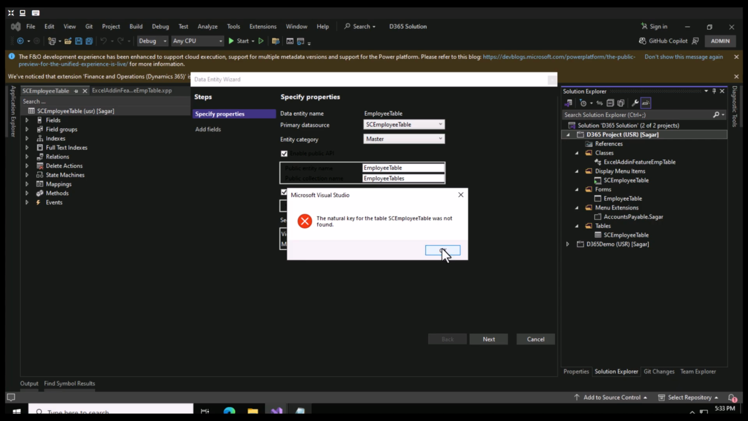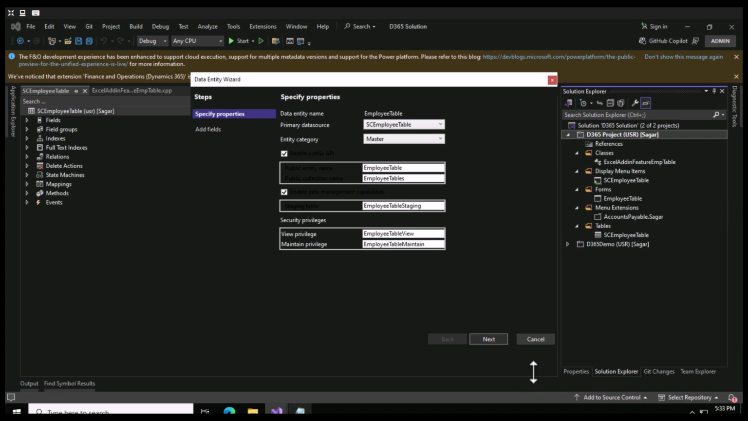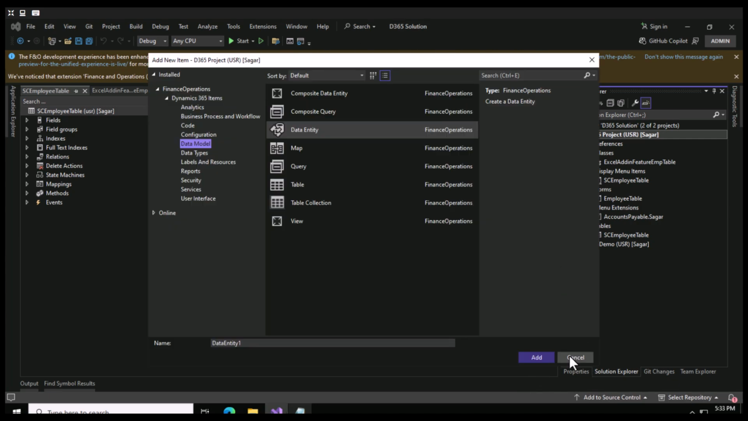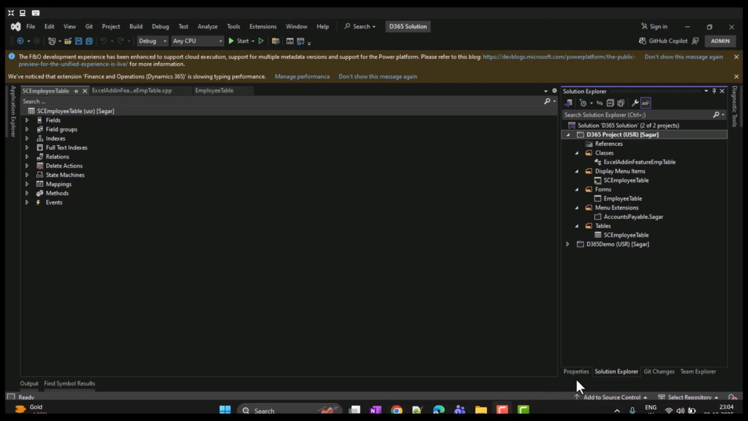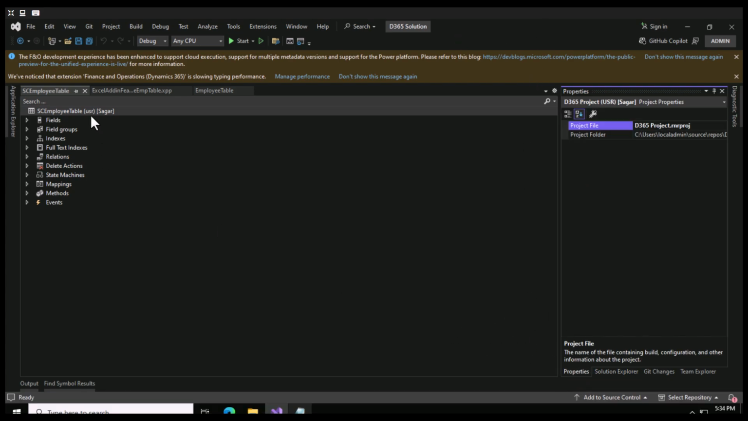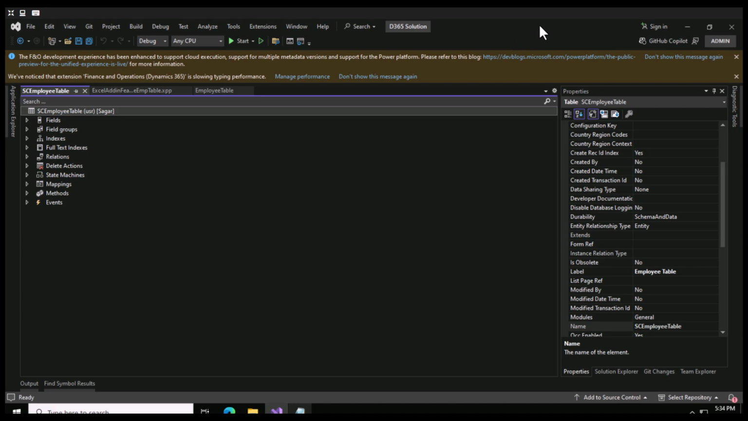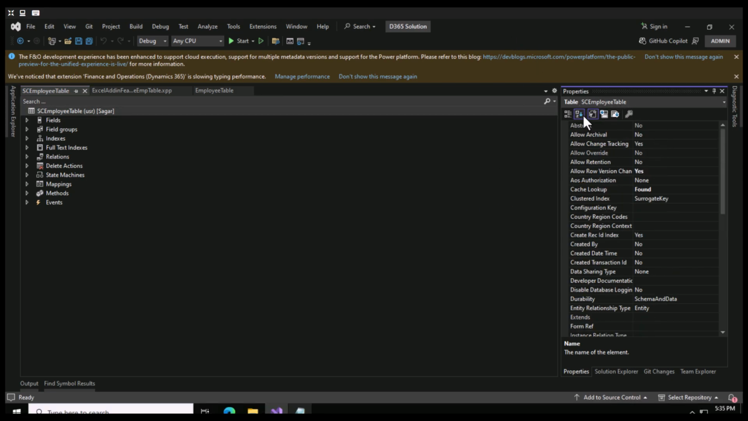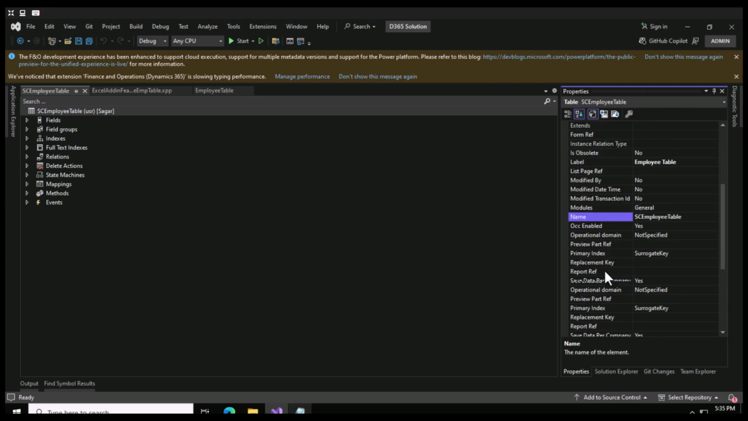Okay, this was what I was expecting. The natural key error. So let me cancel this. I'm going to cancel this. And the reason for that is, okay, now I will need to fix this. For that,